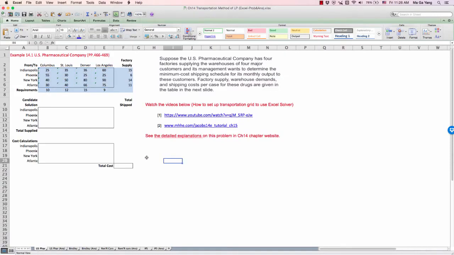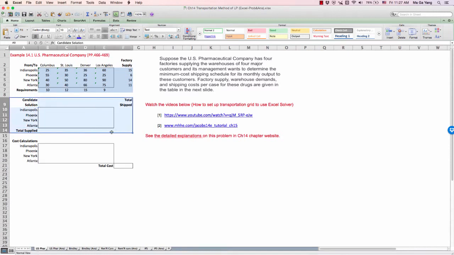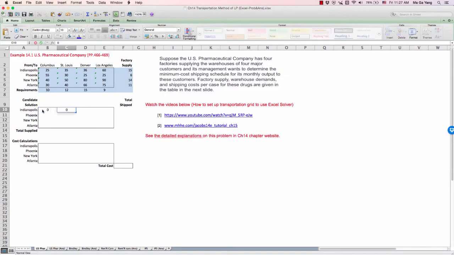And then you have to create this candidate solution table and cost calculation table in order to find the Excel solver solution. So before we go to the Excel solver, let's create the candidate solution and cost calculation tables. First of all, you need to put 0. Why do I put 0?